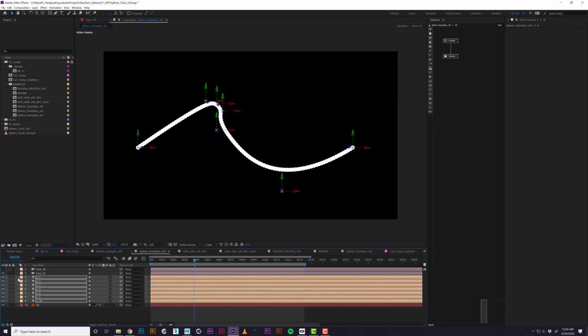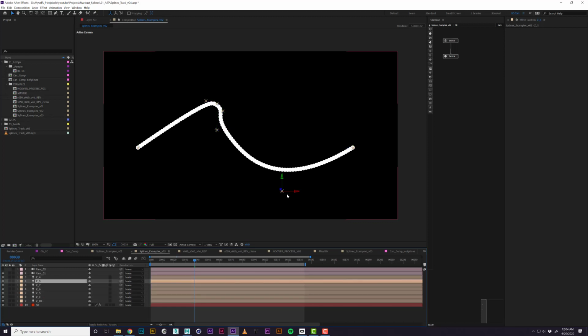So that's cool. Our points are in space. These could be attached to nulls. These could be moving throughout your scene. They're in your camera move, they're locked in. That's pretty rad. Now we just kind of need to look at the controls that we have for animating them,